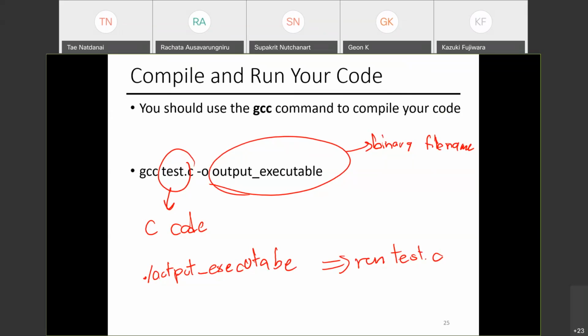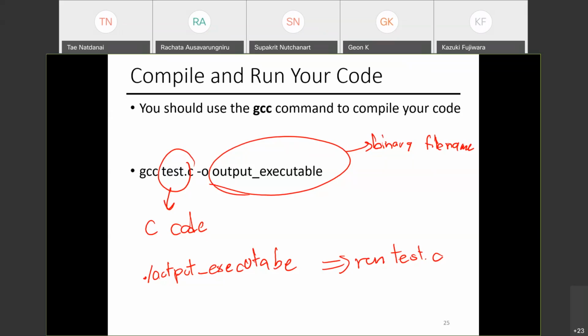All right. That's it for today's class. If you have any questions, okay. You mean should you save it as a .c file? Yeah, usually when you write a program, save it as a .c file.